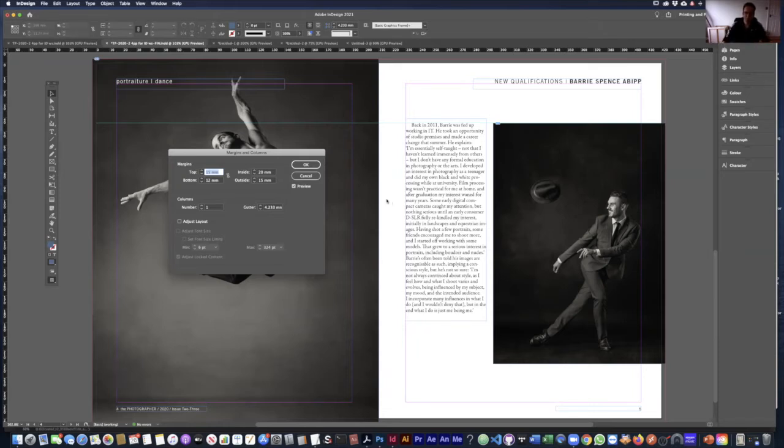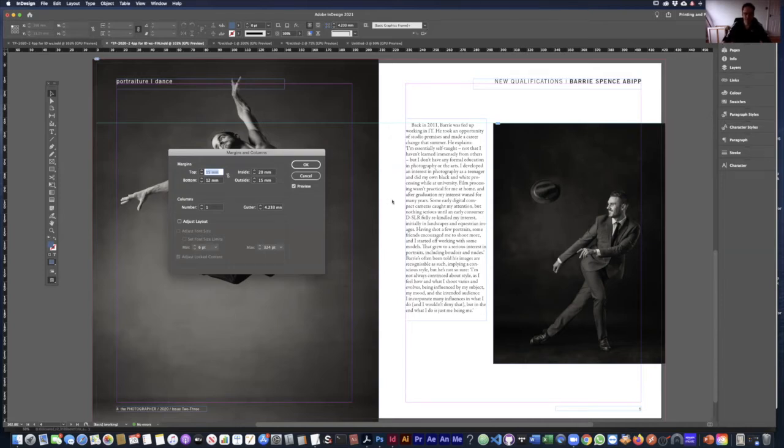Now, if you're going to perfect bind something, you have to bear that in mind. If you saddle stitch something, which is staples, then it's not so much of a worry, because you can open it completely. But in the case of a perfect bound document, which you probably want to do for anything more than 40 pages or something,